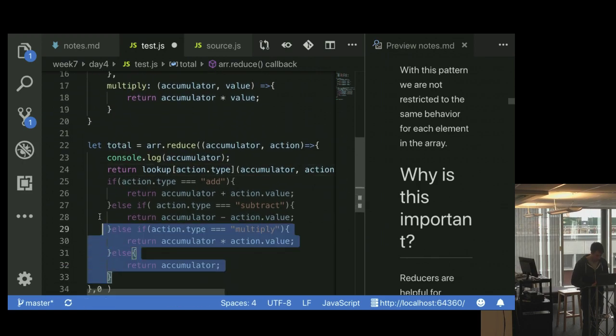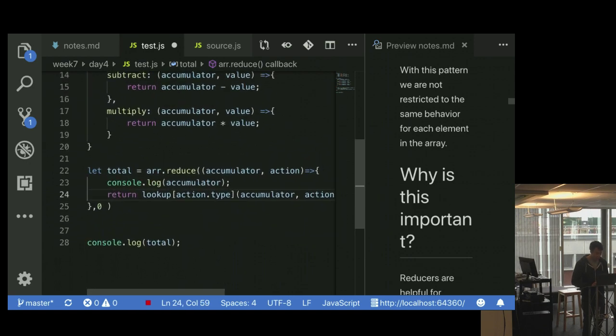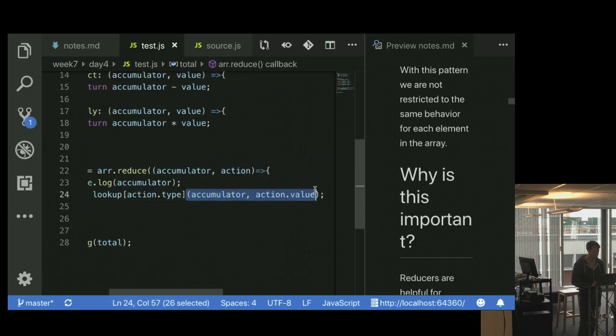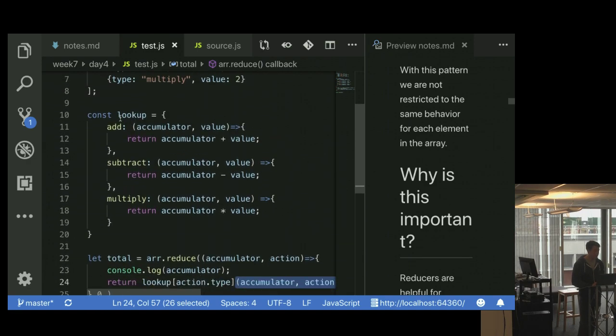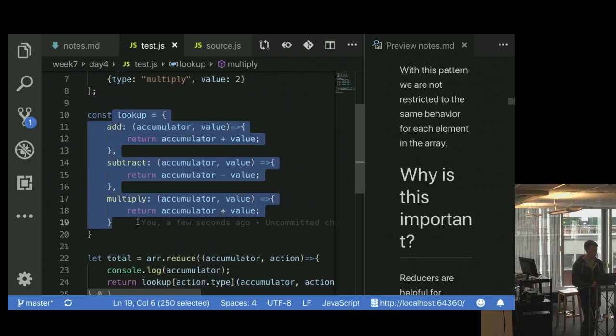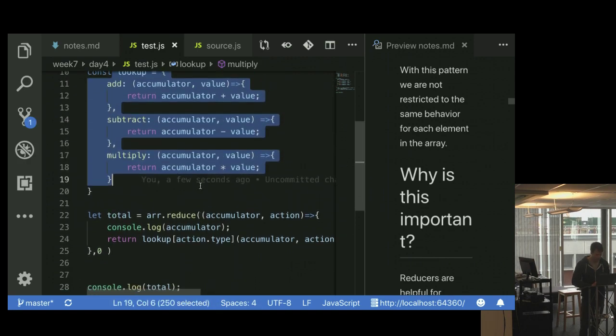We can get rid of all of these guys here. Now we have a bit more elegant of a solution. We're going to use the lookup to find the action and then call that lookup function with the accumulator and value and then get the return. Our lookup now has three things, but down the road it's very easy to add more functions to our lookup and still have the same